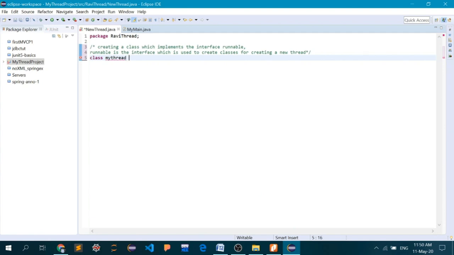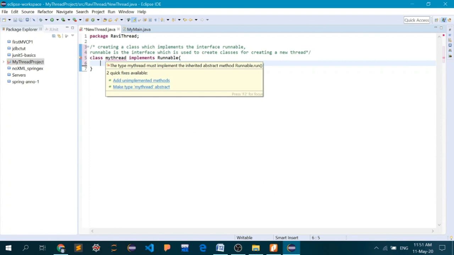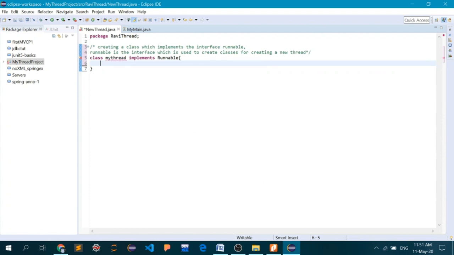For that we have to use the keyword implements. Implements Runnable, and there we go. So the class has been created whose name is MyThread, and it implements the interface called Runnable.